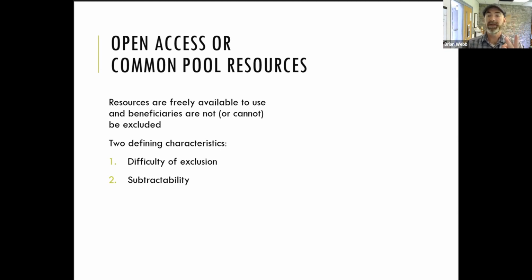Second, subtractability, meaning the more that people use the resource, the more that resource is either degraded in quantity or quality. Such as with fish, the more users there are catching fish, the fewer fish there are. So we have subtracted from the overall resource that is available for others. The more people take advantage of it, the more that resource declines. So the greater decline we see, the less of that resource is available for the future. Or it could be the more that is degraded in quality.